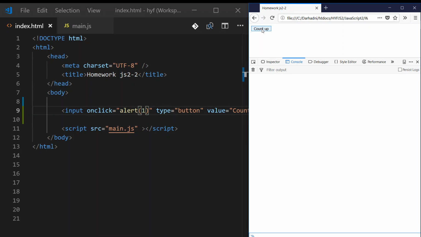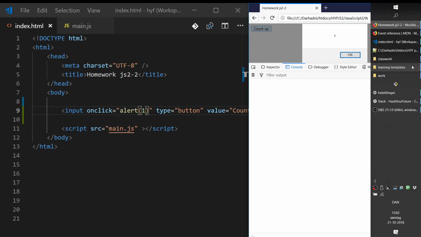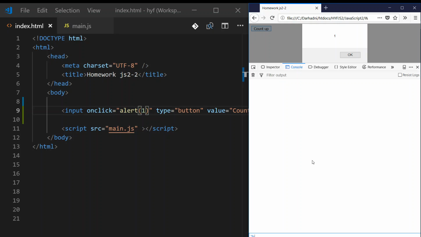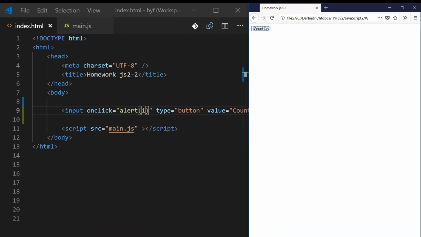And if I press the button, it pops up the number. Very simple, and if I do it again, it does. I'll have to zoom this out. Okay, so this is one way to do it,